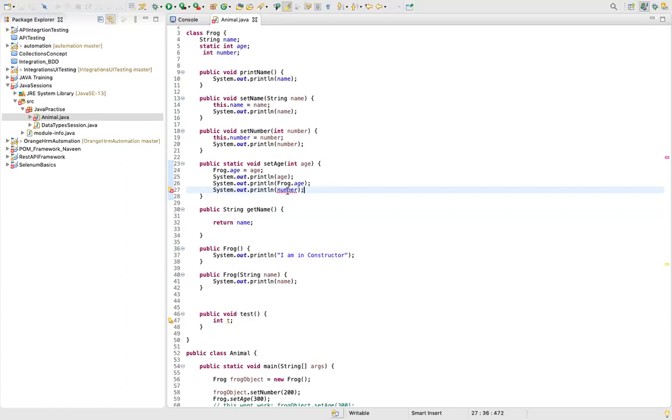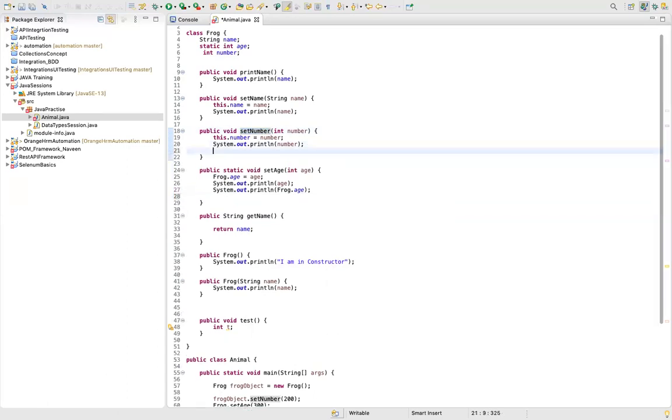So guys, what I'm saying is, this is a non-static variable, right? You cannot access this in a static method. Are you getting the point? But this won't work, right? But this is a normal method, not a static method. If I try to access age over here, see, it's working, no issues.